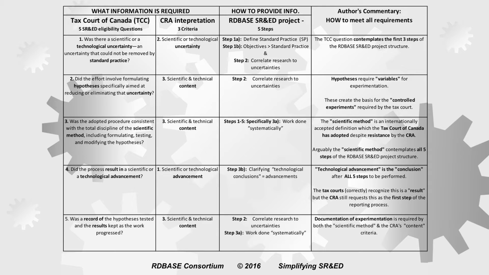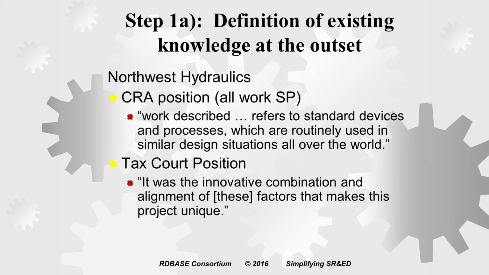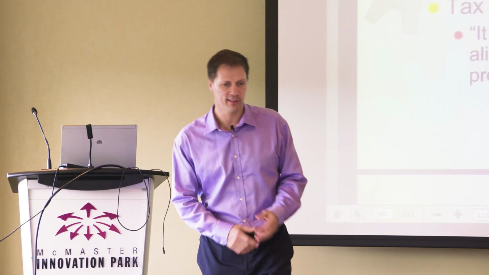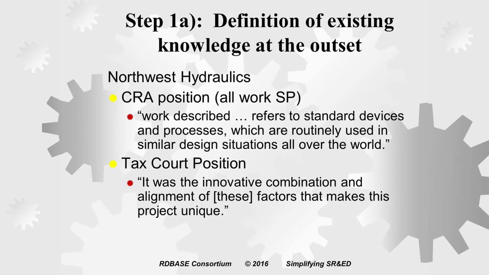Okay? So again, here's some comparison of scientific method, tax court method, CRA method, and our proposed method and how they line up. If anyone has problems sleeping, this is a really good chart to post on your wall. All right. So what I'll do is I'm just going to highlight, and there's a whole listing of tax court cases at the end of ones I've compiled on different issues that I think are particularly useful when you're dealing with those issues. Some of the ones that I've talked about at just the different stages of the documentation process.